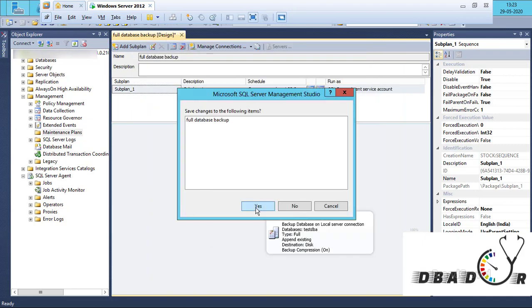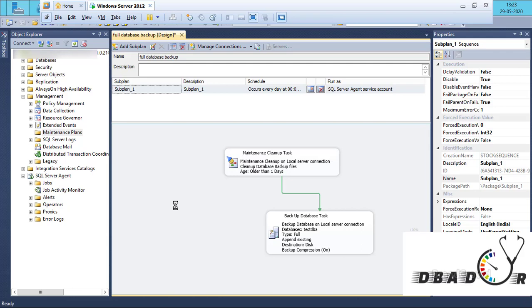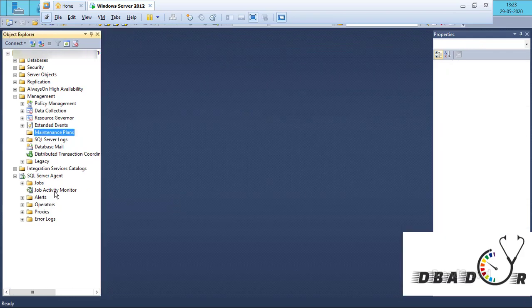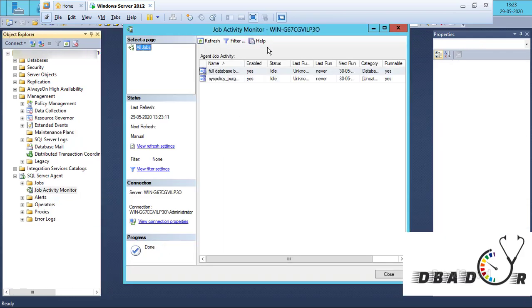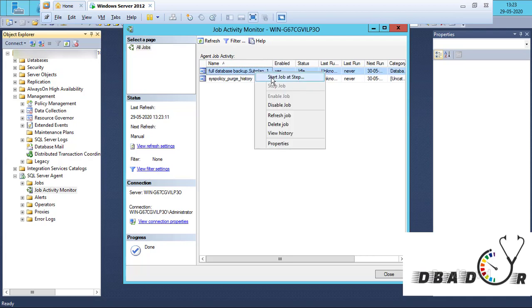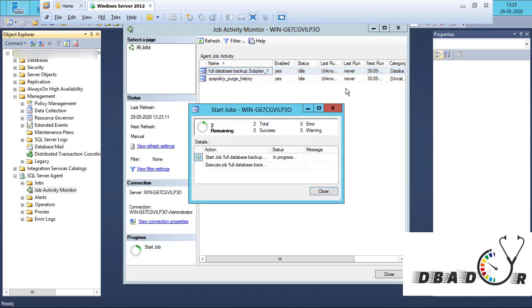So I believe the job is done, and we are going to execute the job. You can see here the job is running now. It's manual. So in the manual process, first it will clean the unwanted backup files present in that location, which we have already taken.